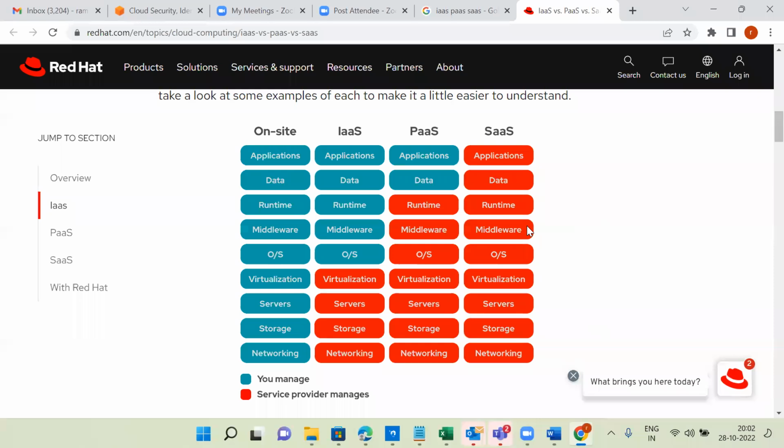Whatever services or tools we are purchasing, we are paying money. Now everywhere it is SaaS, SaaS, SaaS. You pay money to us, we give service to you. That's all.